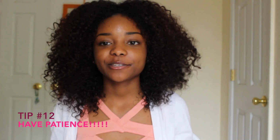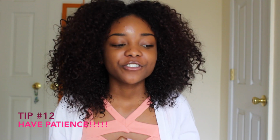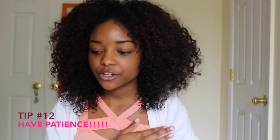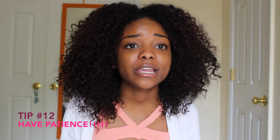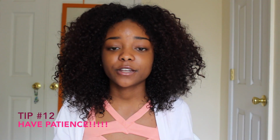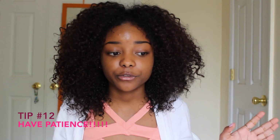And the final tip that I have for you guys is patience. I can't stress that enough. You're not going to have a fun hair journey if you're rushing your hair, always like, oh, I don't see any growth, I don't see any changes, it's been 2 days, it's been a week, she told me to do this and I'm getting this. I'm telling you guys, it's a process, and it may not be fun in the beginning, but you just gotta push through it and work through it, because when I tell you I came so far with my heat damage,